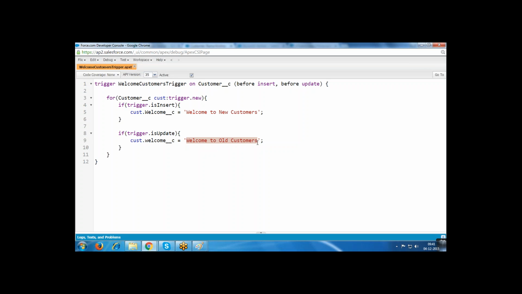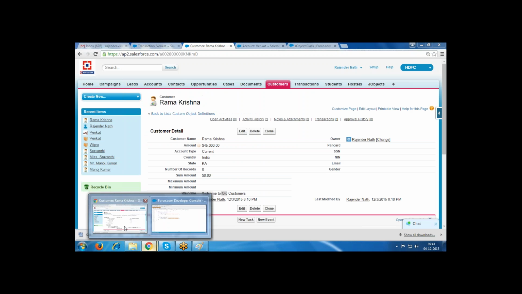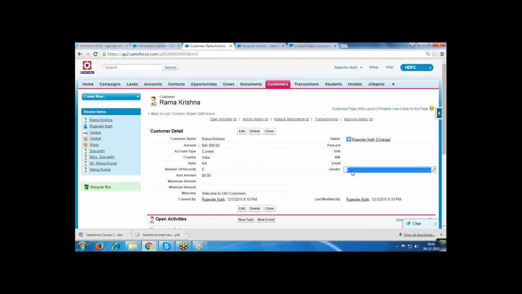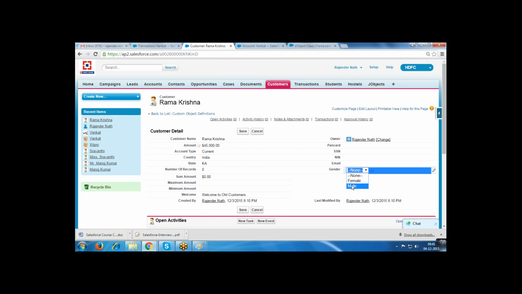Now there is one field, gender. If the gender equals male, I want to append the prefix Mr. If the gender equals female, then Miss is required.